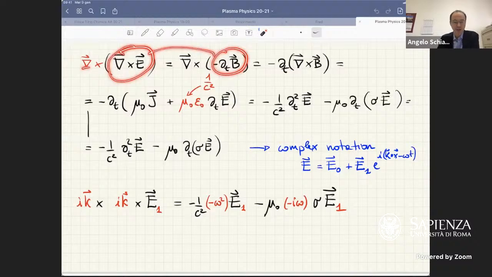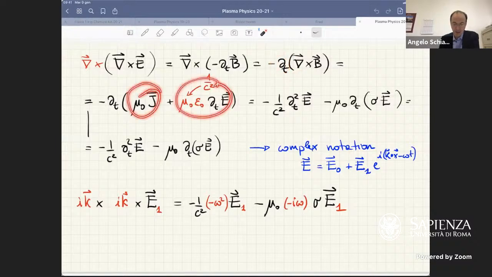We take the curl of both sides of the Faraday's law, and we exchange the curl, the spatial curl operator, with a time derivative, and we express it using the Maxwell-Ampere's law. And when I'm saying that, it's just to remember that this is the Maxwell term, this is the displacement current, and this is the original Ampere's law, taking into account that the sources of the magnetic field are the currents inside the medium, inside the plasma in this case,